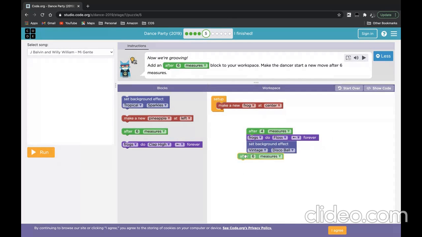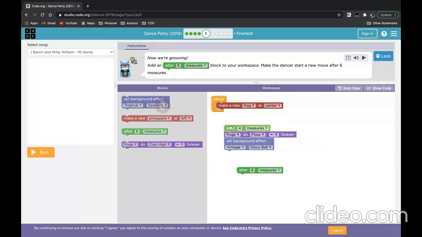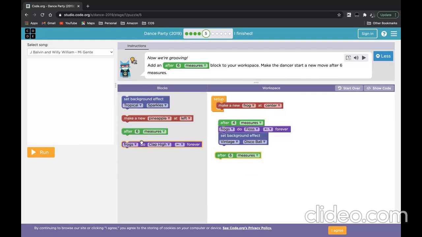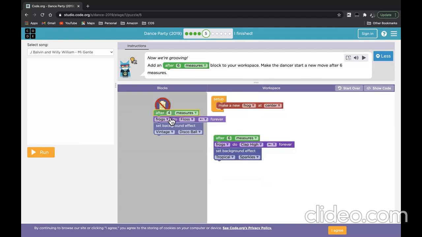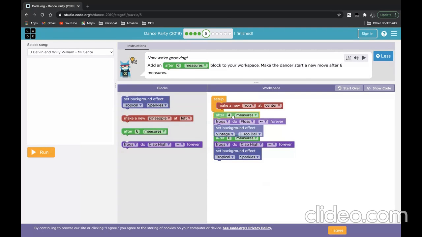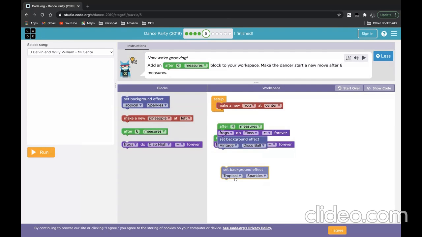Okay, now after 6 measures, frogs do clap high and set background effect. We'll just discard the entire block of this one. This entire can be discarded. Oh no, it's not discarding. Okay, no problem. So here only we can add saying